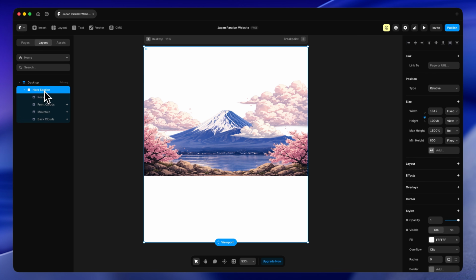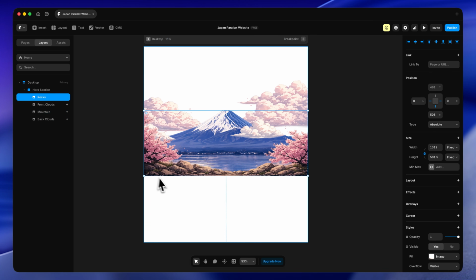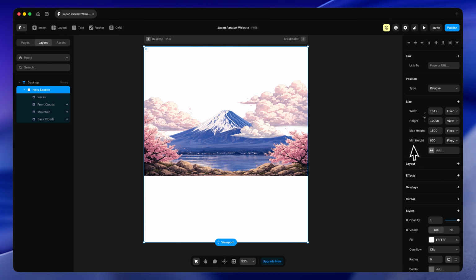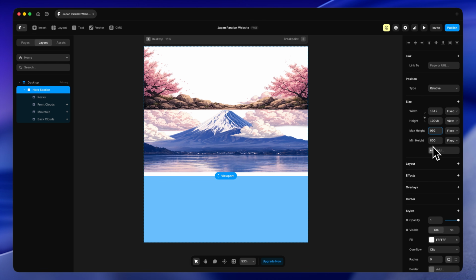So what I'm going to do is select the hero section. I'm going to add a max height, and I'm going to change it to fixed value, so that allows me to do pixels. And we designed this on a 1500 height area, so we'll do that minus, I want to say it was 508, but I can't remember. Let me double check. Yes, okay. So that minus 508